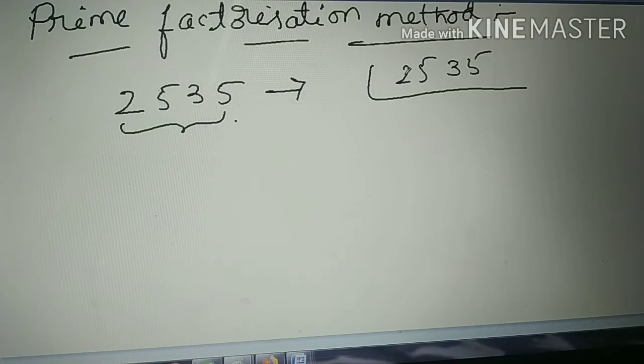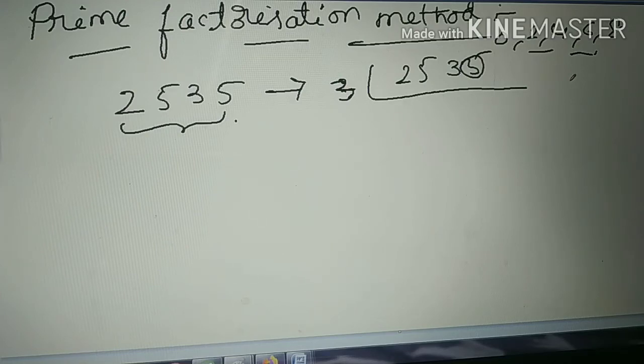Now see, if you take any number, we have to divide with the prime factors. So we have to find the prime factors for the given number. For that we have to use the successive division method: successive division of the given number by prime factors. Starting with 2, if you observe the unit digit here we have 5. So this is not 0, 2, 4, 6 or 8, so this is not divisible by 2. So I am starting with 3.